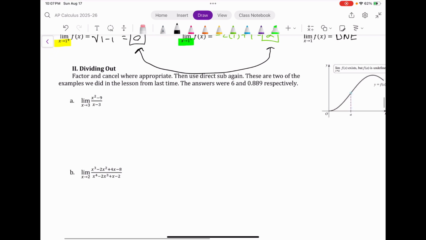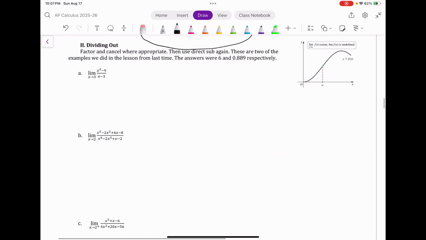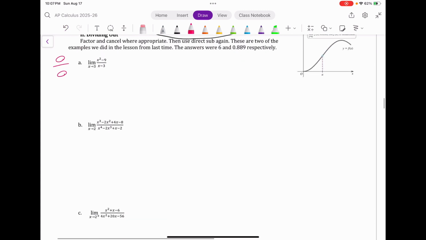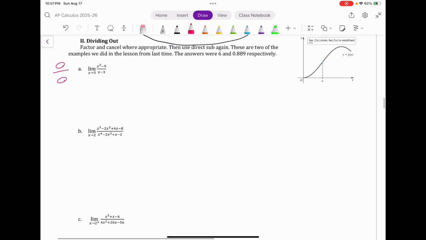All right, so if plugging in does not work, we have to rely on other algebraic techniques. And so the first technique that we discuss is factoring and then trying to divide out any factors. So here, if we plug in 3 into the function, we always try to do the first method. So if we plug in 3, we get 0 over 0, which is called the indeterminate form. And that doesn't mean the limit does not exist. It typically means there's some algebra we can do to find the limit. So we're going to factor. So don't forget to write the limit. That doesn't go away until we